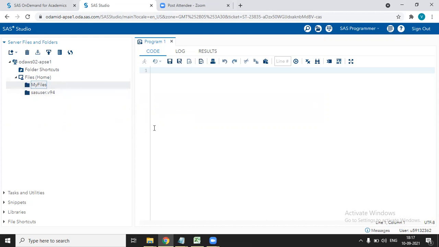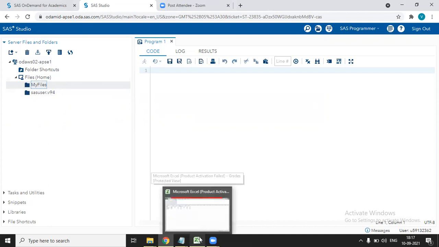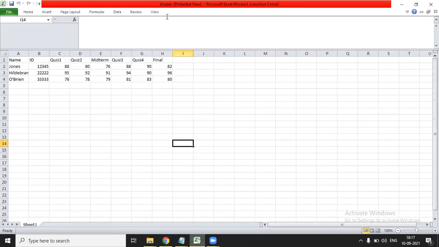For example, I have one Excel file. I'll show the Excel file. The name of this Excel file is grades. I want to import this file in SAS Studio.